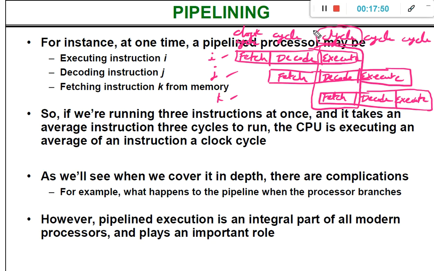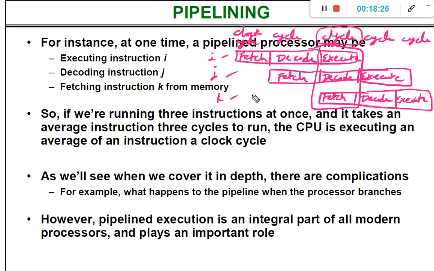It is a very, very important concept. Pipelining is nothing but parallel execution of the different phases of different instructions. This is possible only in RISC computers. This is not possible in CISC computers. That's why RISC is very popularly implemented. All the latest computers use the RISC architecture rather than the CISC architecture.